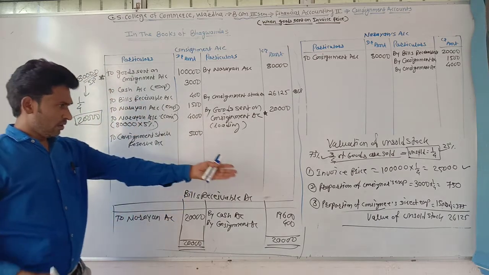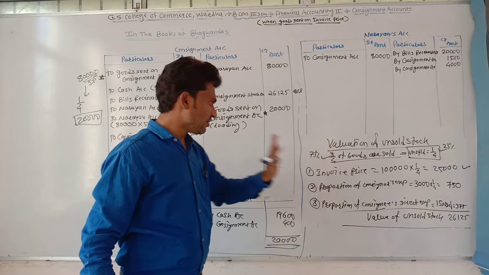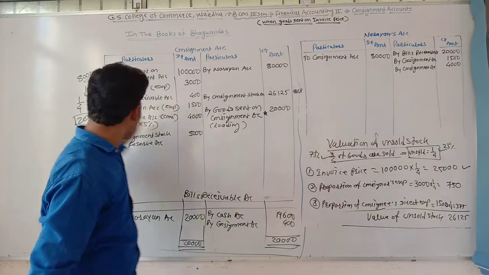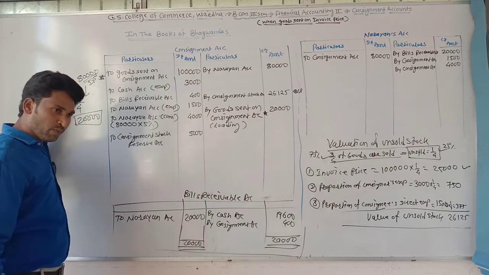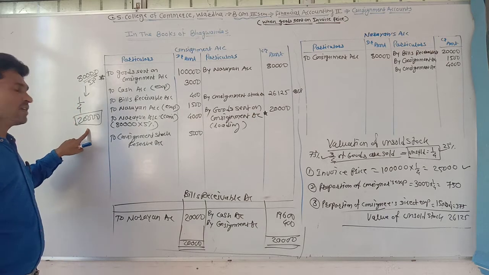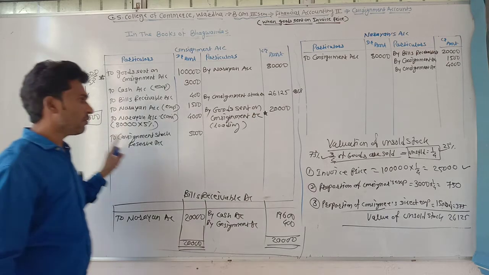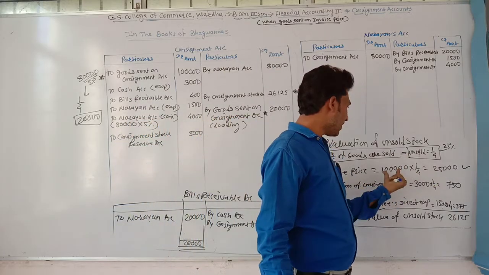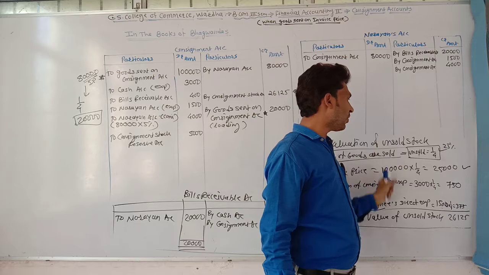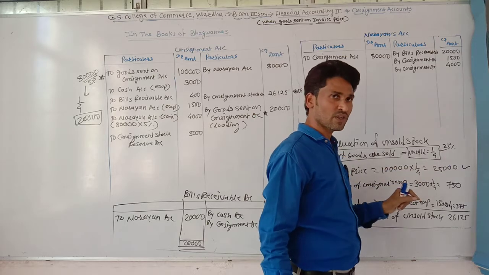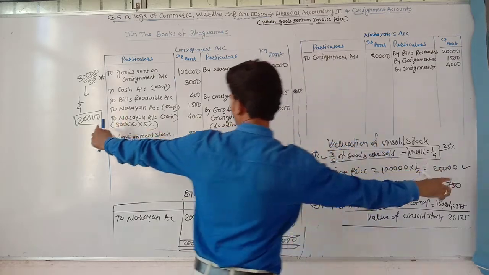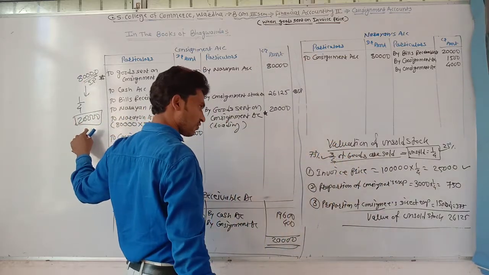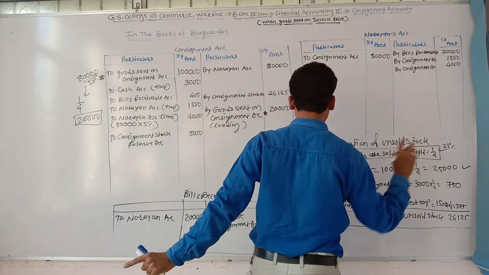Okay, proportionate expenses are same. There is just a difference in the cost price and invoice price. As per the cost price, the 1/4 goods are unsold. It means cost price rupees 20,000, but we are getting rupees 25,000 because invoice price is rupees 1 lakh and 1/4 of 1 lakh becomes rupees 25,000. So they have the clear information about the difference. Okay, as per cost price rupees 20,000 and as per invoice price rupees 25,000.